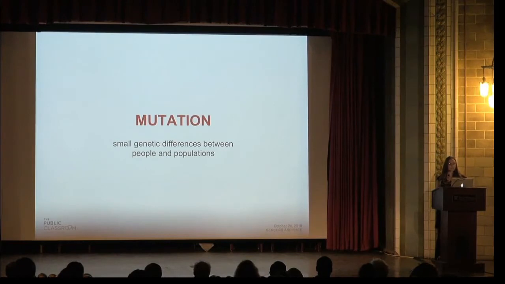But understanding that a lot of these terms and concepts in genetics tend to be talked about in a really simple way, but tend to also have much more complexity, can help problematize race and genetics.